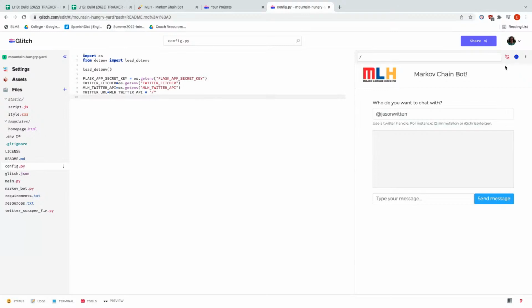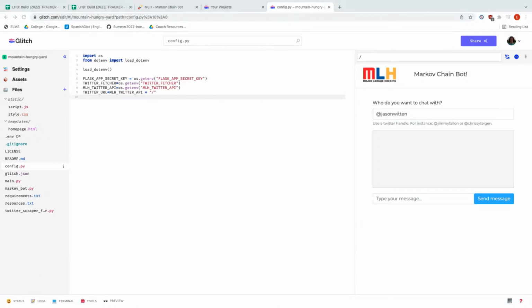I think what I'm looking at might be a little bit out of date. I think what we need to do in order to run it is to click the refresh button, and that should use the most updated code. And then we aren't ready to run the code yet because we have to write some functions first.